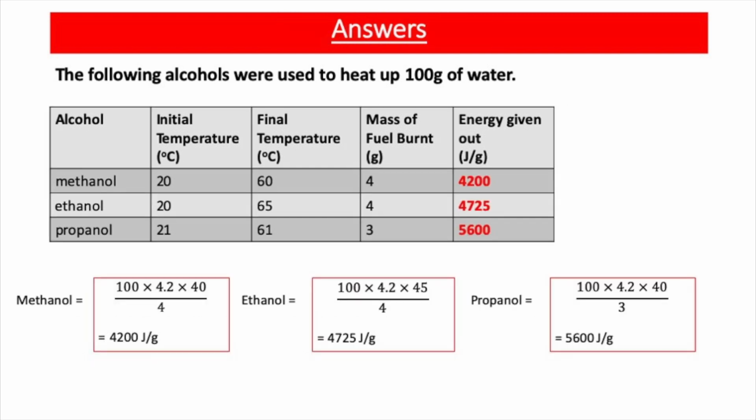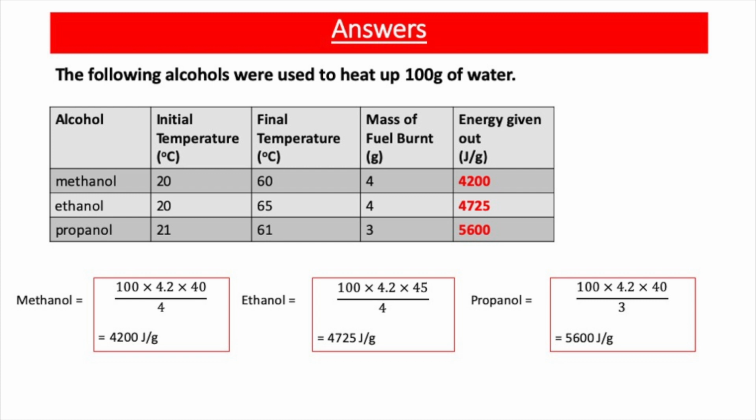So now let's see how you got on with this question. If I want to work out the energy given out by methanol, it's 100, because it's 100 grams of water, times 4.2, times the temperature rise, which is 40, because the temperature went up from 20 to 60. And I divide that by the mass of fuel burnt, which is 4, and my answer is 4,200 joules per